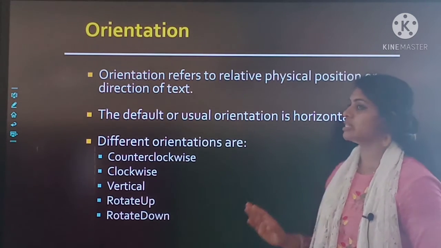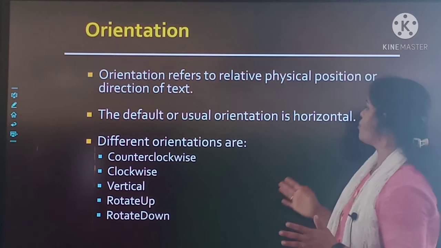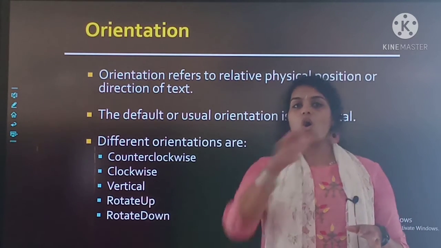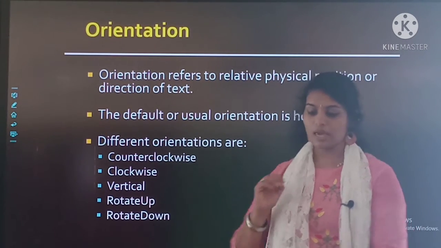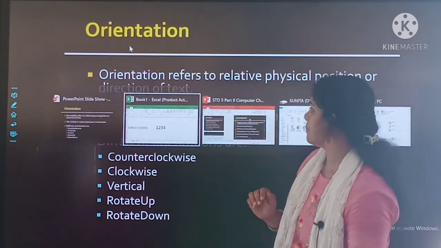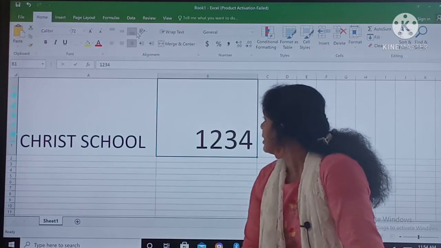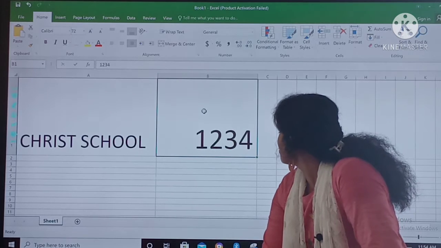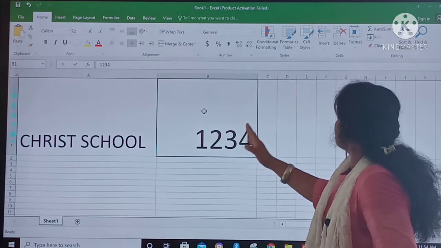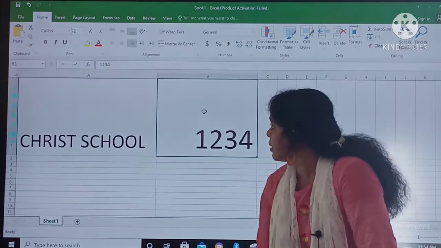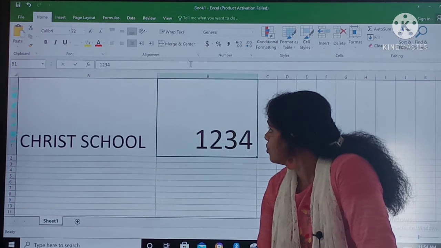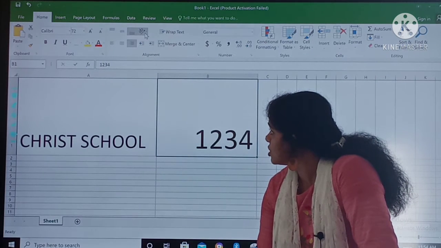By default, you can say usually the orientation is always in a horizontal way. Okay, आप देख रहे हो ना कि यहाँ पे जो भी टेक्स्ट आपने लिखा है, that is always in a horizontal way. ये जो आप देख रहे हो ना, that is already in a horizontal way. आप इसको change करना चाहते हो, so this is orientation.